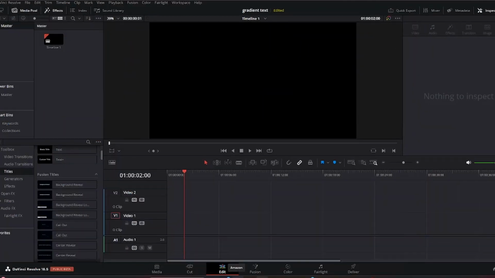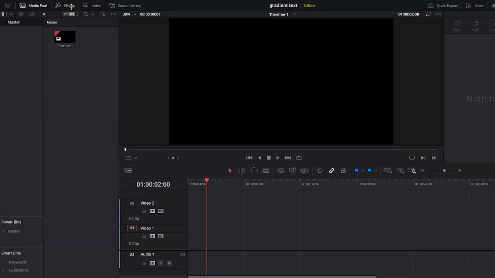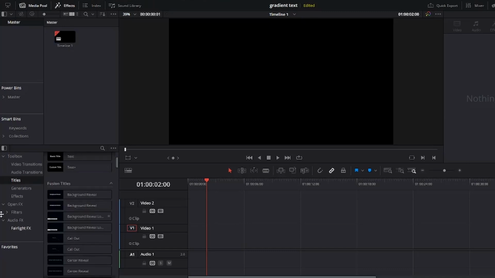First things first, let's start with our first method. With this method, we are going to go to the effects on the left side. If it's not selected, please select it. Select the effects, go to titles, and we are going to use the Text Plus. Drag that to the timeline,